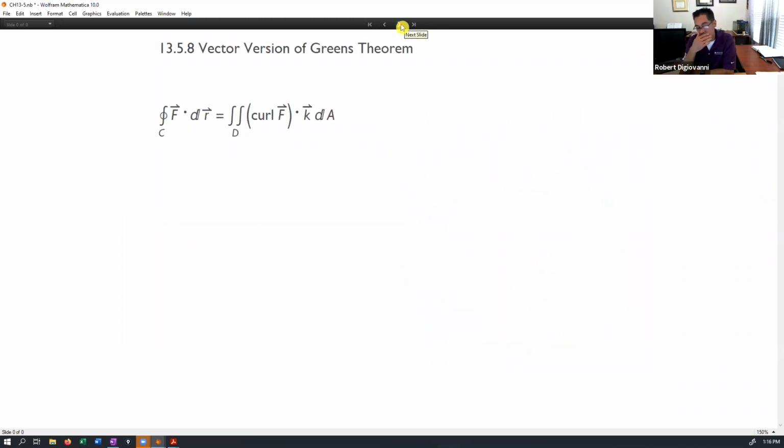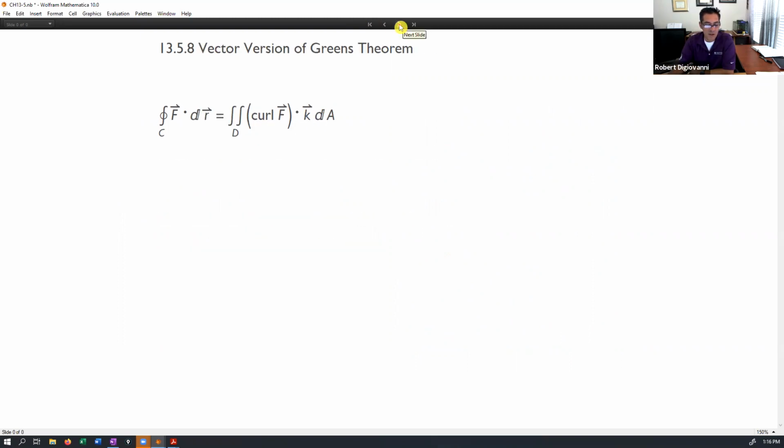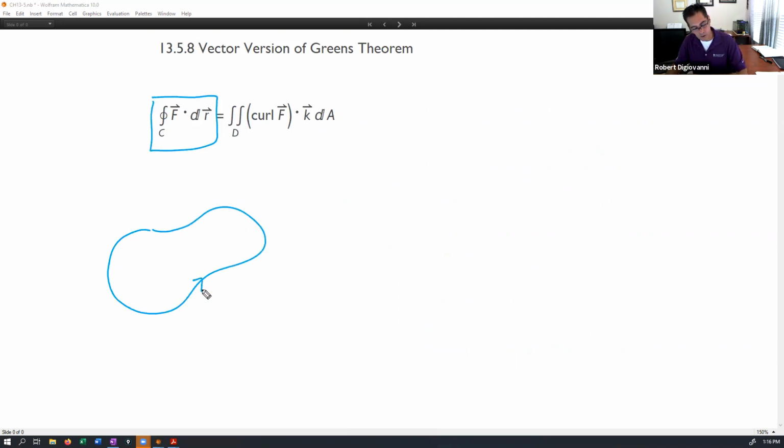Okay, so this last little part of this note really is just something we'll use later. There's two new versions of Green's theorem. Okay, Green's theorem. Remember, Green's theorem says that if we have some closed curve C, that we can, instead of doing the line integral along that closed curve, we can do